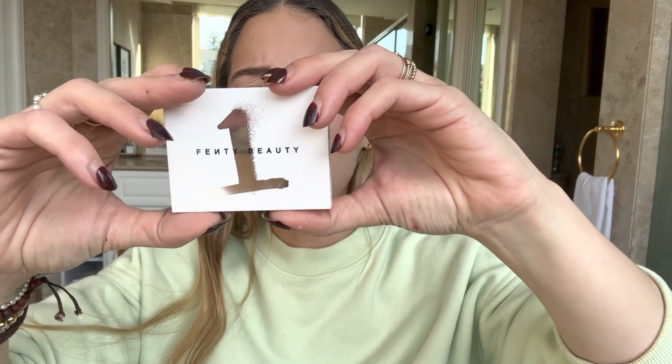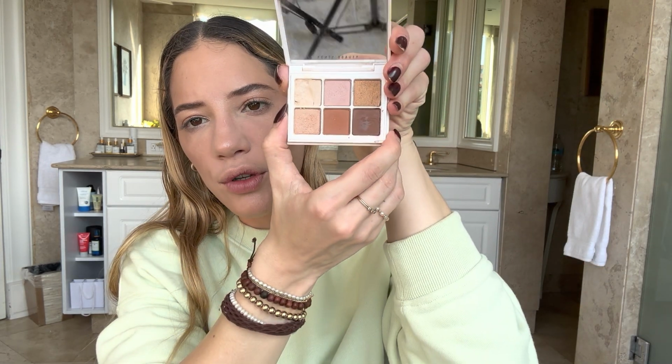We're gonna do the eyes. This is the Snap Shadow Mix and Match eyeshadow palette in True Neutrals. So this is what it looks like. I've gotten a little bit of use out of this one because I had it in my purse for a little while, but I haven't used it in forever. So we're gonna start with